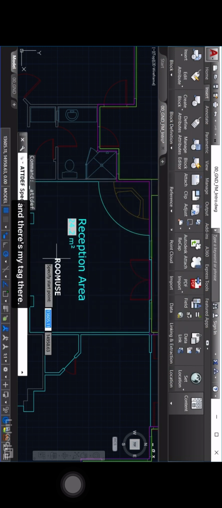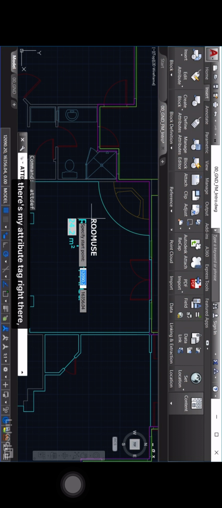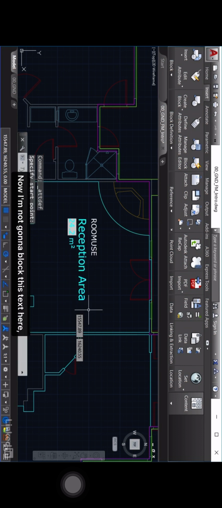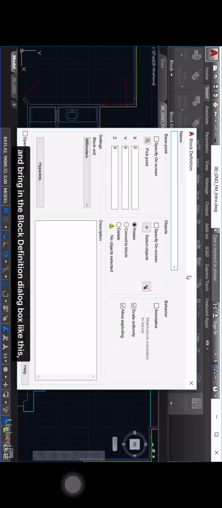So I click on OK, and there's my tag there. So I bring that in. There's my attribute tag right there, and click, like so. Now, I'm not going to block this text here. I'm just going to block this here. So if I now go to create block, like so, and bring in the block definition dialog box like this,